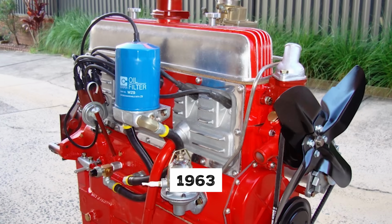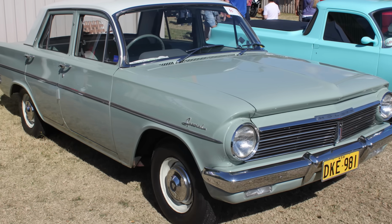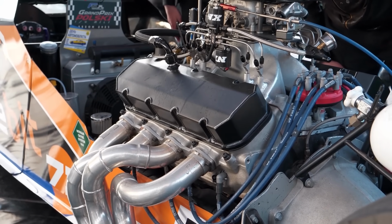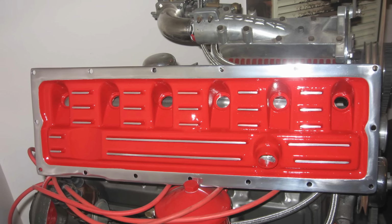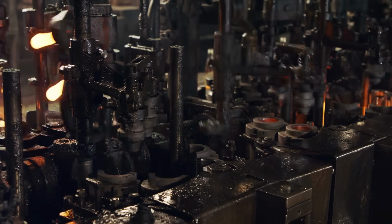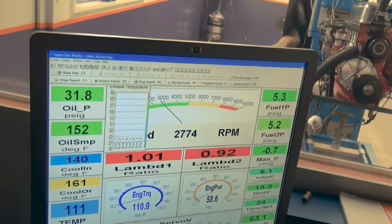It all began in 1963, when Holden introduced the 138 cubic inch red motor in the EH model, a defining step in Australia's own mechanical journey. These weren't flashy V8s like in America. This was a grassroots engineering effort to build a durable, reliable engine tailored for the harsh Australian landscape. In the years that followed, the red motor evolved, 149, 161, then 173 cubic inches, each version refining performance and